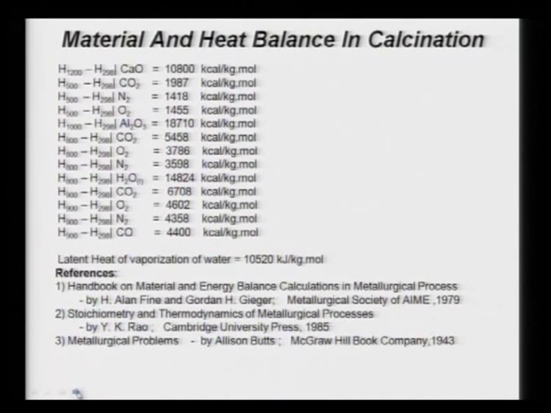Now, here what I have done, I have given you the heat content at the temperature at which the problem is there. That means, for example, calcium oxide is leaving at 1200 Kelvin. So, data are given according to that. However, I will request you that please try to calculate by using the Cp value of respective calcium oxide, CO2, N2, O2 or whatever the products which are being discharged. That will give you an additional practice whether you can calculate the heat content from Cp value or not.